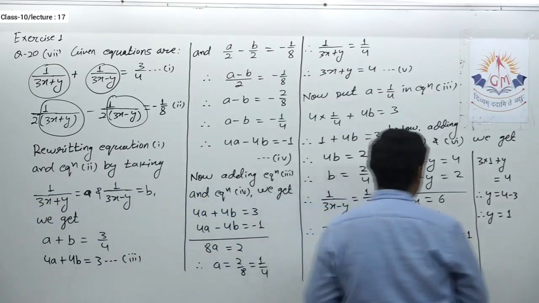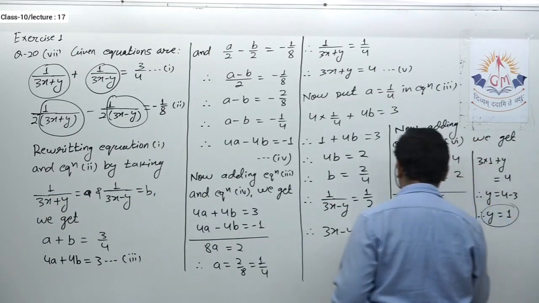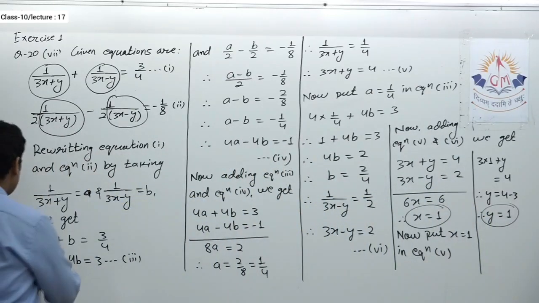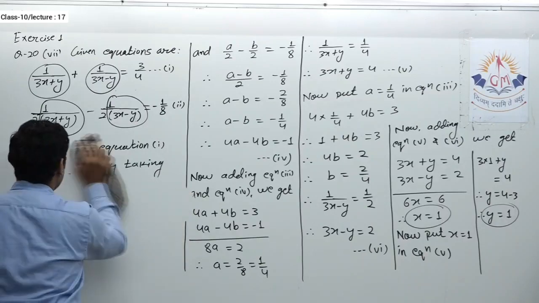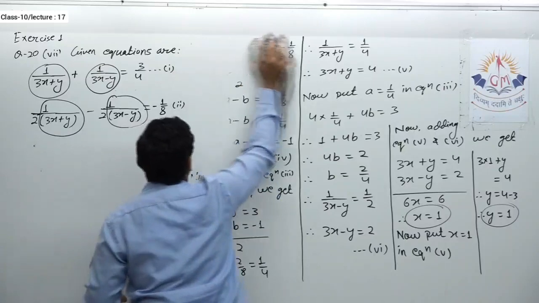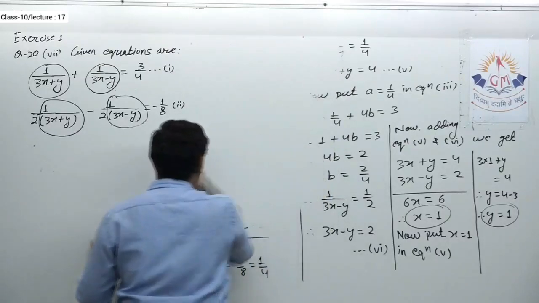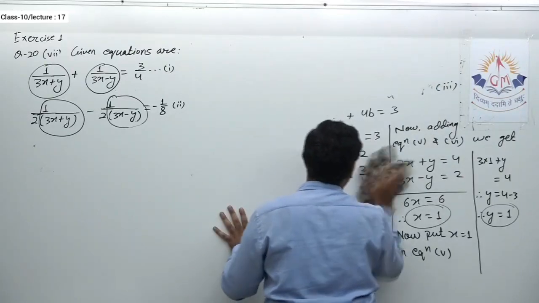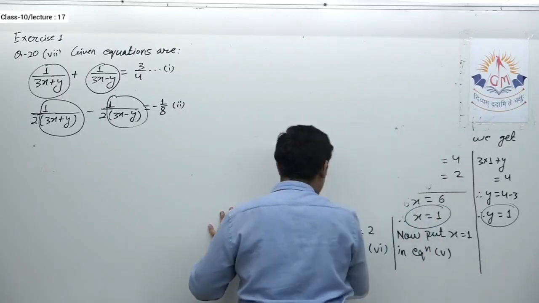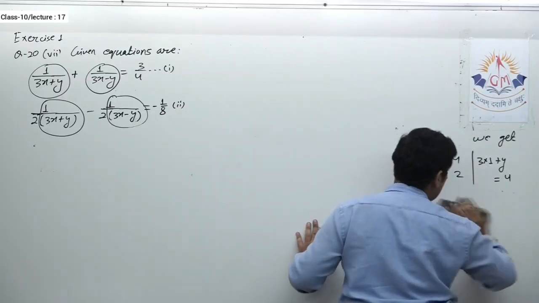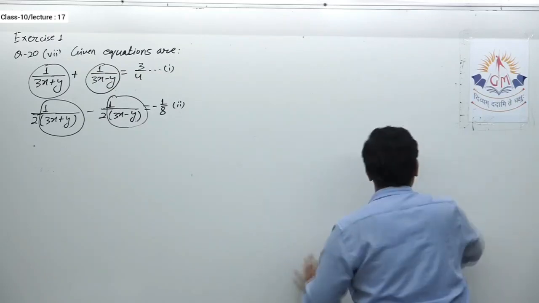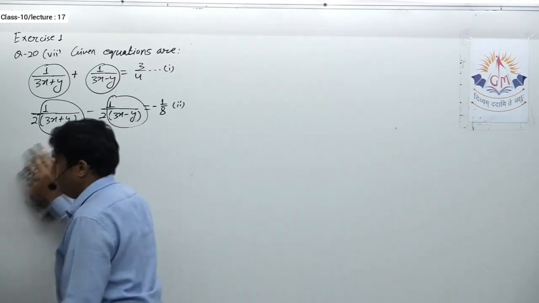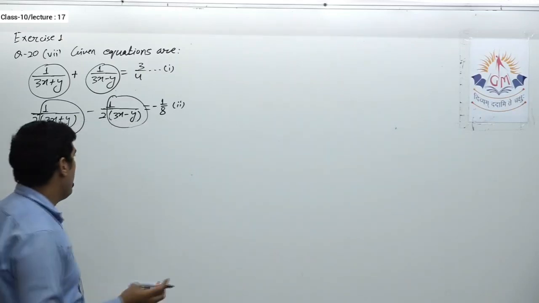Now one thing more, we'll check. See, here we got y equal to 1 and x equal to 1. So let us see whether our answer is right or not. We'll check the values of x and y. In short you can say we'll verify our answer. So let us see how to do that verification. x equal to 1 and y equal to 1 that we have. Sometimes in exams they also ask you to verify your answer. So let us see how to verify in a proper way.